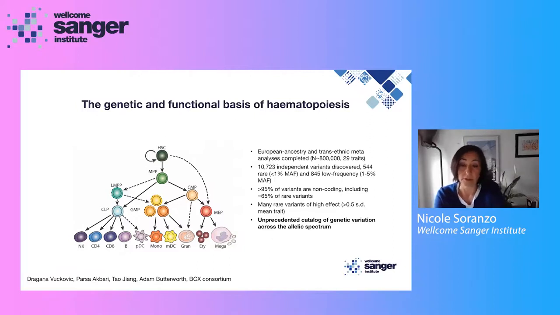As we expect for genome-wide association discovered variants, many of these variants are non-coding, and this was particularly true for common variants, but indeed what was surprising is that many rare variants, some of which have really high effect sizes, so effect sizes comparable to coding variants, still had a presumed regulatory annotation. So we really took advantage of this unprecedented catalog of genetic variation to ask a number of questions related to the function of genetic variants across the spectrum of allelic predisposition. I'm just going to show you a couple